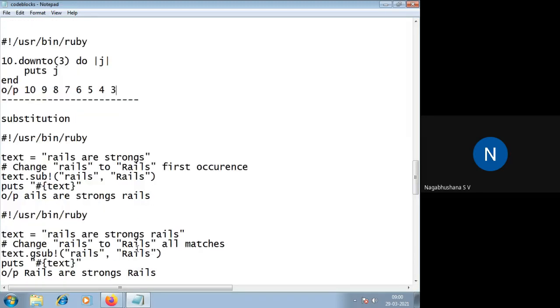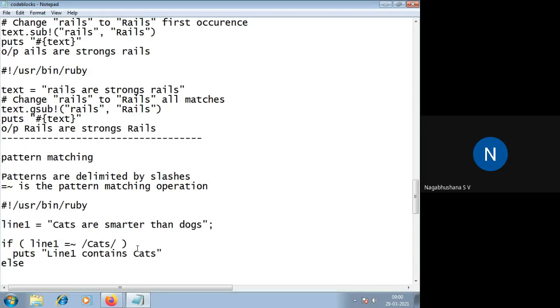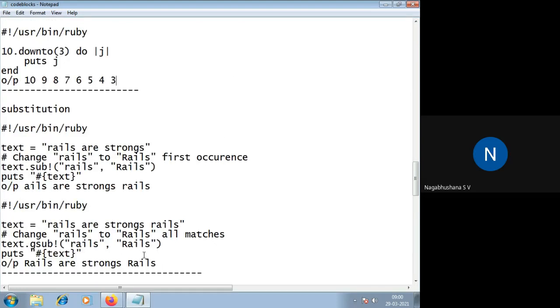Okay. So next we will talk about some pattern matching concepts, which is very, very important again. The first thing is the substitution operator. In the substitution operator, we are just trying to substitute one word with another word, maybe some text with some other text, in terms of the occurrences that are happening in the program.